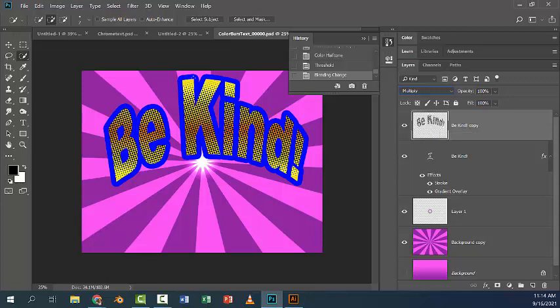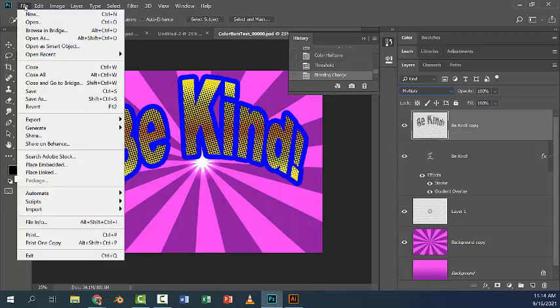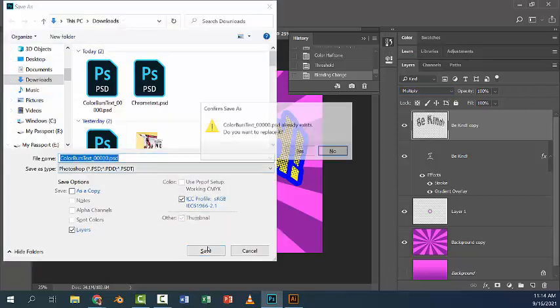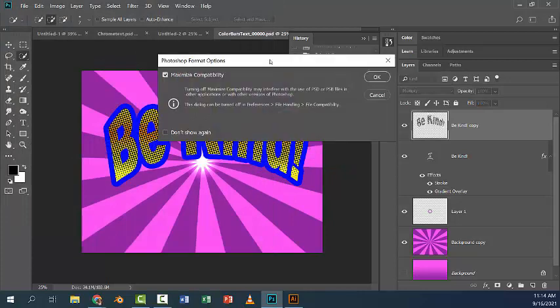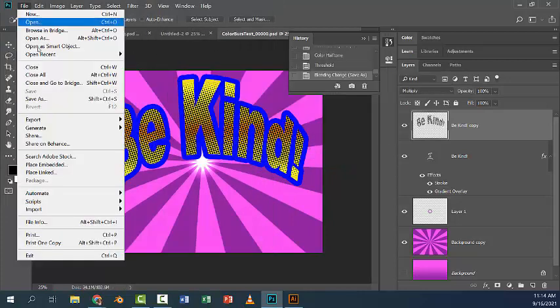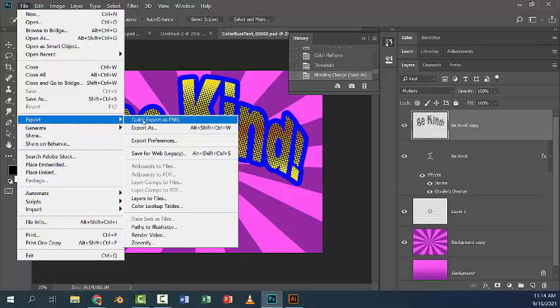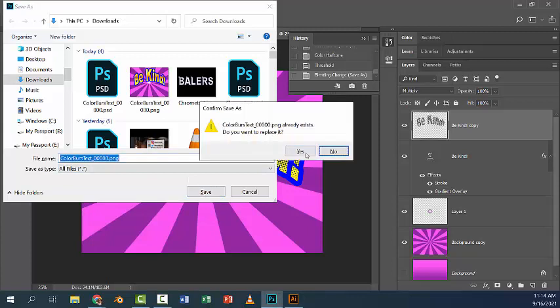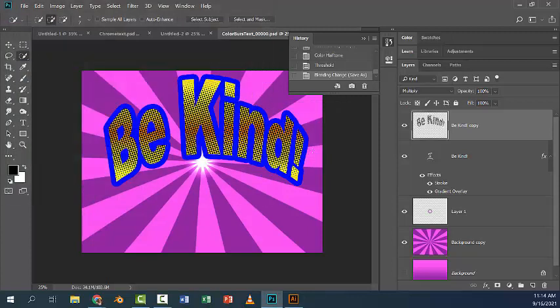So don't forget to save as. Export as a PNG image. So you're going to save as Photoshop here. And I already saved this earlier. And I'm going to export as a PNG, quick export as PNG. Put them both in your Google Docs folder, and then submit them to the assignment in Classroom and also in